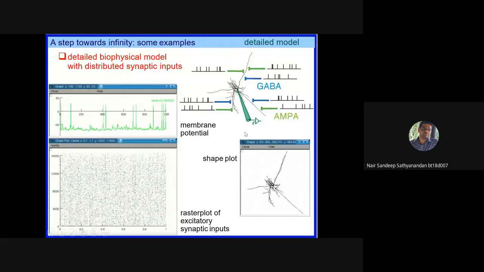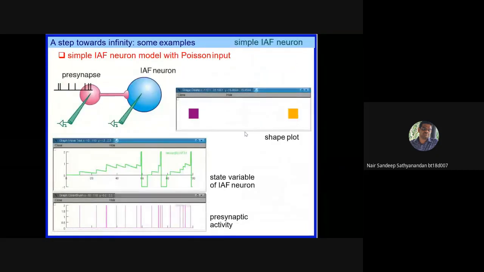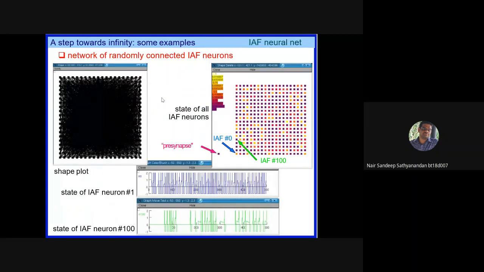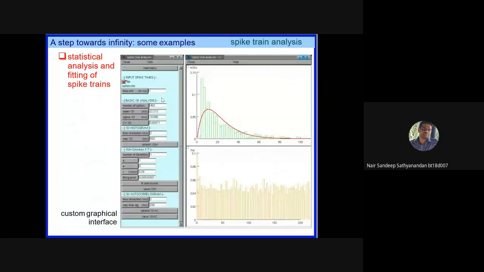This we can skip as of now. This is the presynaptic connection to an integrate and fire neuron. I'll skip this one and directly go to the histogram plot on the potential generated. I'll skip this one.